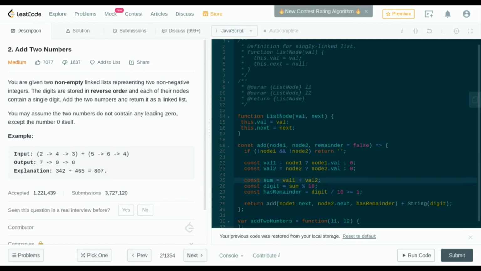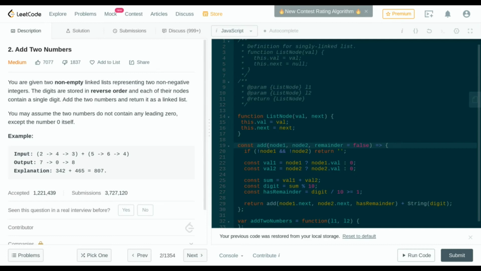And this gives us val1 and val2. And this will give us the ability to add 0 instead of adding an actual value in case the numbers are different lengths. We also need to handle a few other things. For example, when we call the add function and one of these is null, we are handling the value, but